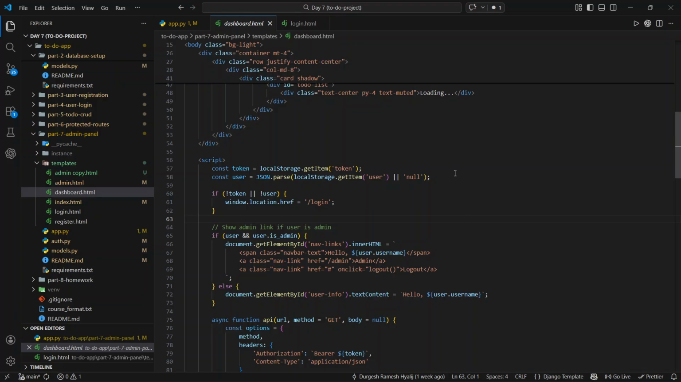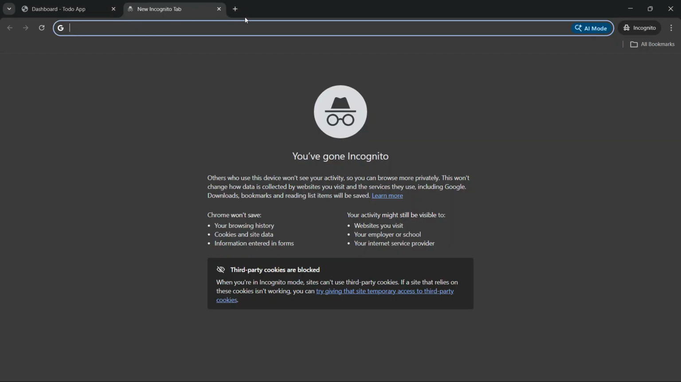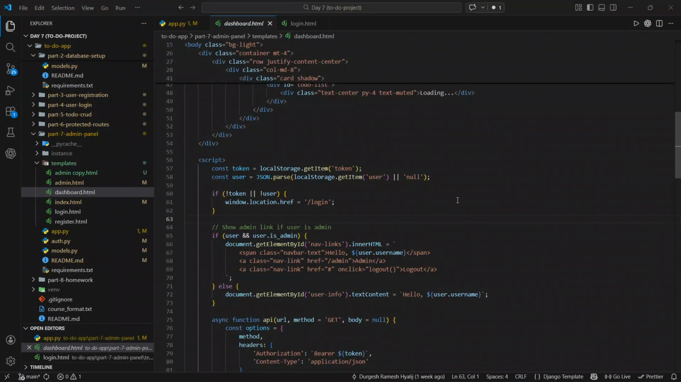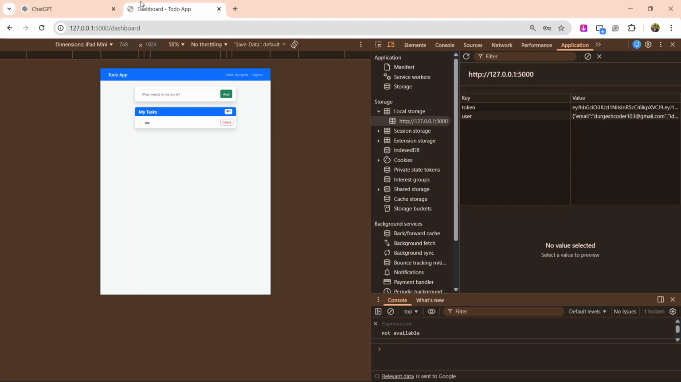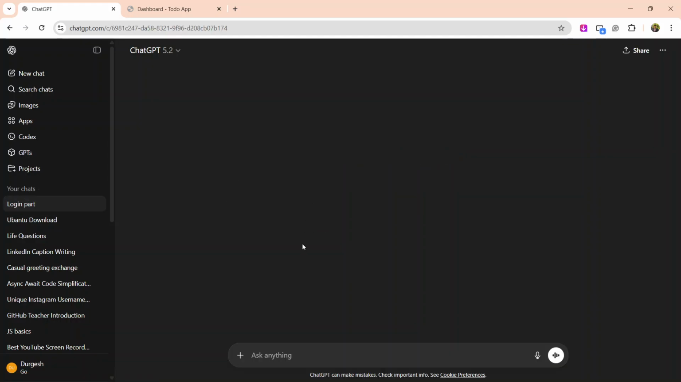Okay, this is the other tab. My ChatGPT is already open. I am coming into this login part. I am asking it to